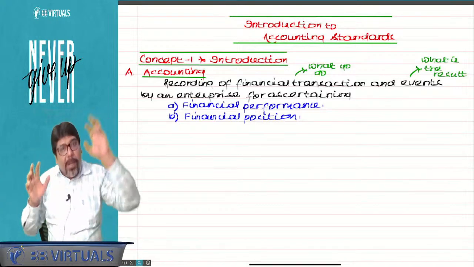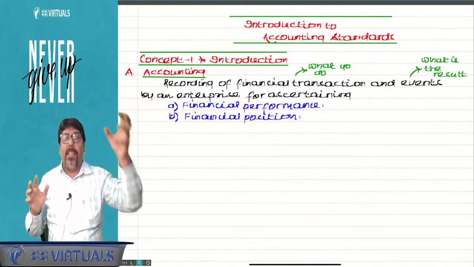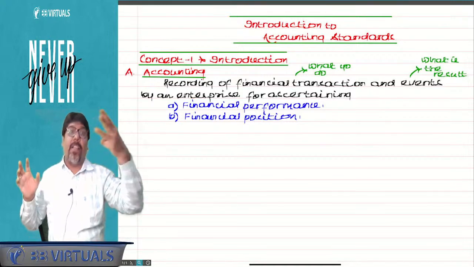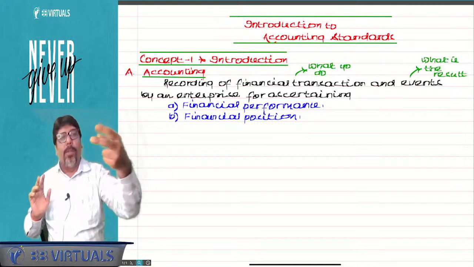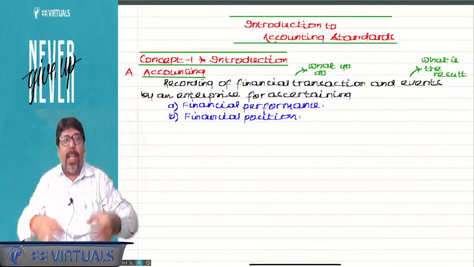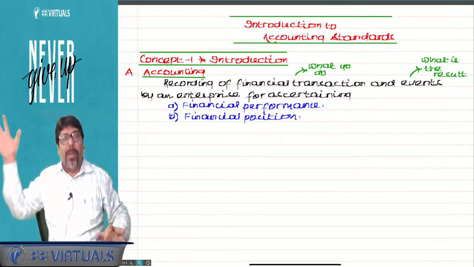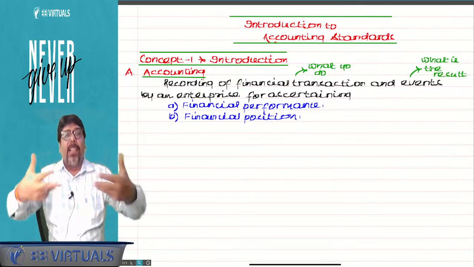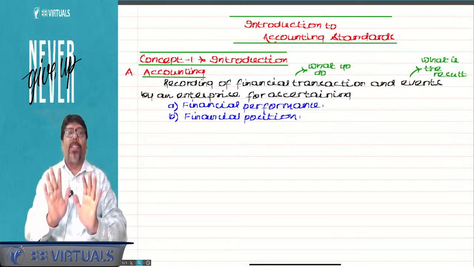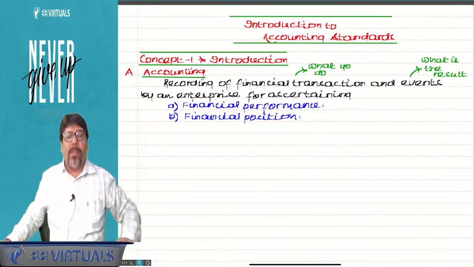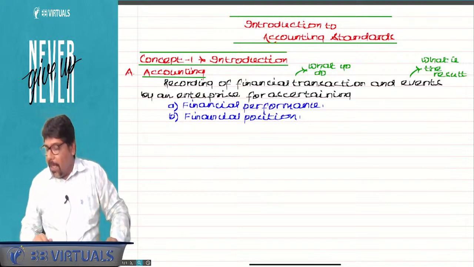Yes, sir. So purchasing of goods is done intentionally. Sale of goods is done intentionally. 5 units you purchased. Okay, sir. 3 units you sold. Okay, sir. 2 units is left. That is an event. That happened automatically because of purchase and sale. The result is profit and closing stock. Both are events. So profit is also an event. Closing stock is also an event. Yes or no? Yes, sir.